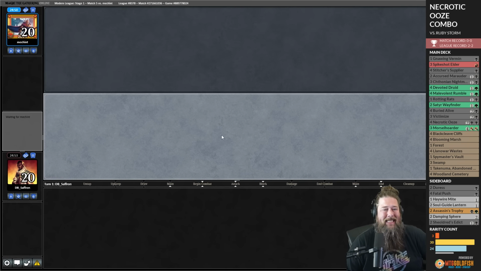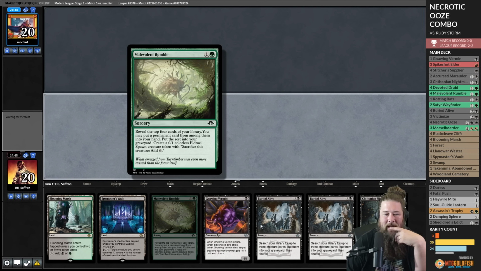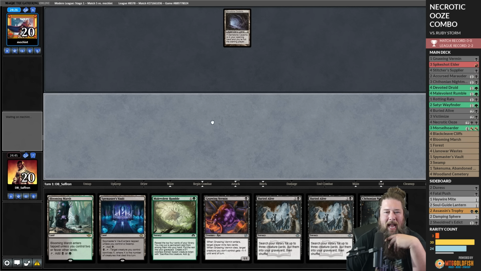It all comes down to this. This is the 5th match of the league. We're 2 and 2. Can we get a winning record with a budget deck in Modern in 2024? Is it possible? We got the Buried Alives. We have some ways to fill the graveyard. We do not currently have an Ooze. Although in theory, the Nightmare could perhaps...